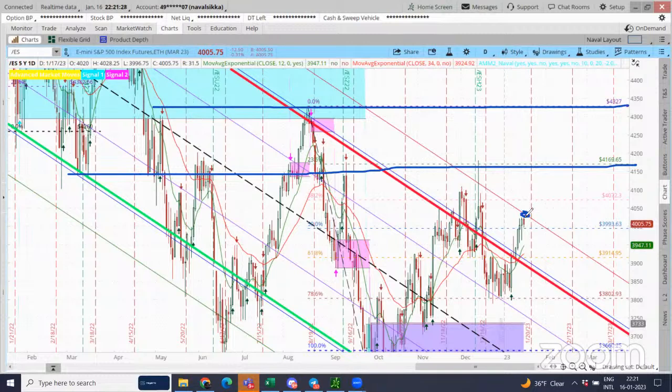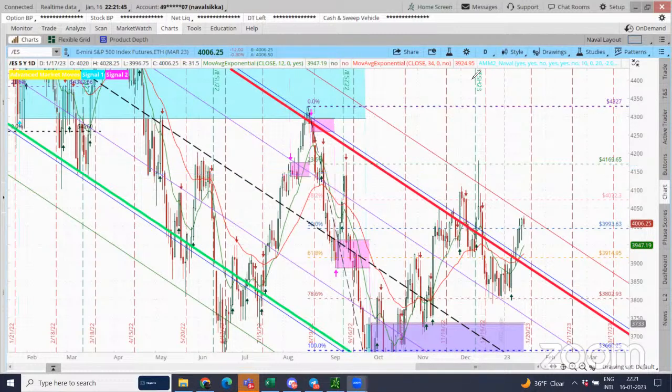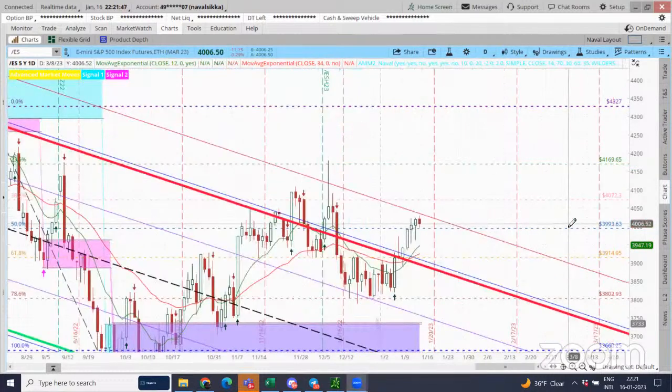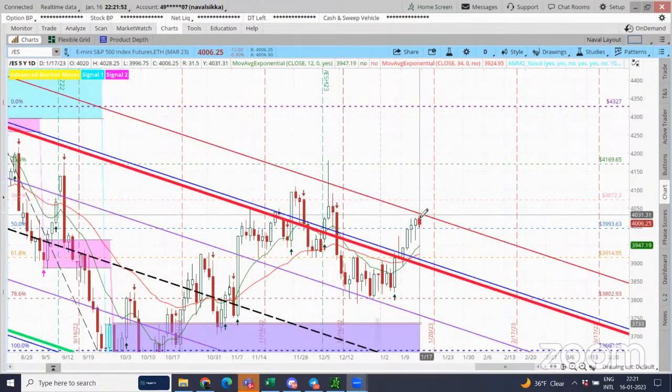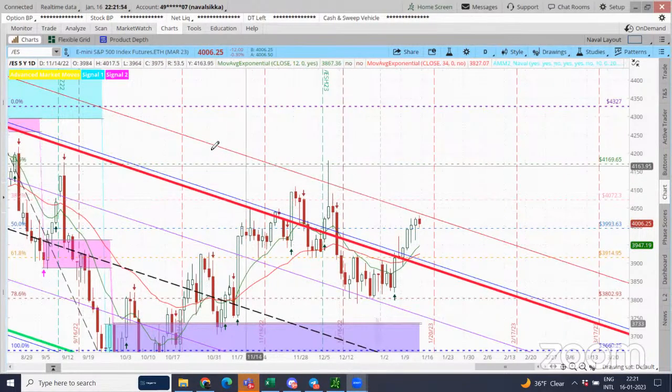This could happen again. I'm not saying we are ending with the bear market or bull market theory. No, we are just looking at the price. We are respecting where the price is breaking out or breaking down. And depending on that, we are taking appropriate trades. So in this case, we should trade towards bullish sentiment if we can break above this area, which is the